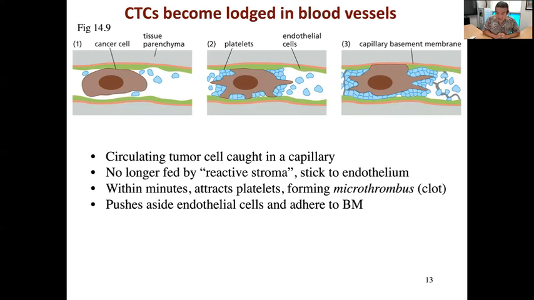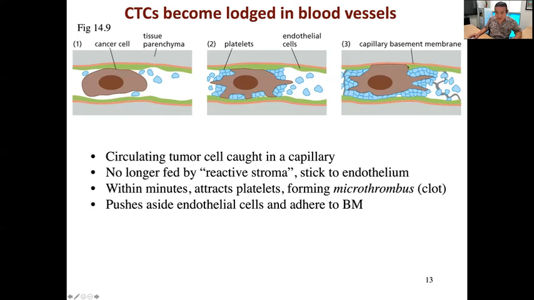Why? Because obviously we have mechanisms for preventing these microthrombus clots from forming in our tissues, right? So when these clots tend to form, right, cells express different types of proteins to break up these clots. And these proteins cause the platelets to disassociate, and they cause the walls of the capillary, right, to kind of give a little bit, to try to encourage this clot to be able to pass. In doing so, what happens is that this cancer cell then gains easier access to the basement membrane that separates the endothelial wall from the surrounding parenchyma.